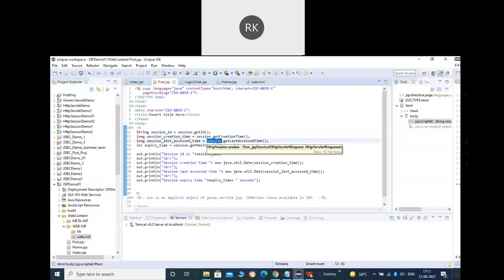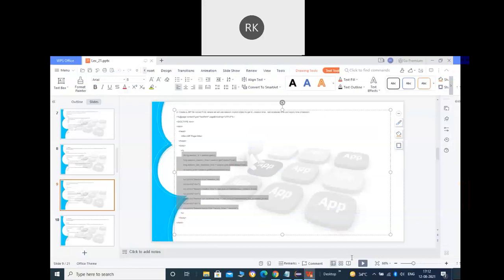And how can we do that? Because we know session is a predefined object here, so we can use that directly. You can see I have called several methods of the session. I think we already know all of them. We have already seen them with the servlet, and exactly the same thing we can do here. The only difference is that the session is a predefined object here, so we can use it exactly the same without creating any object.